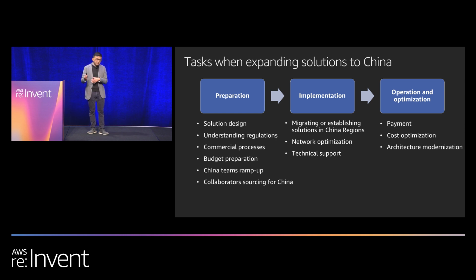What we typically do after implementation is we look at your architectures, we look at your designs, and apply our well-architected methodology and help you optimize your cost. The cost optimization methods in China are also slightly different compared to the US or internationally, because the RI savings are a bit different in China. You'll hear Jason talking quite a fair bit about it, and how Here Technologies leverages mechanisms and calculations to improve their RI utilization.